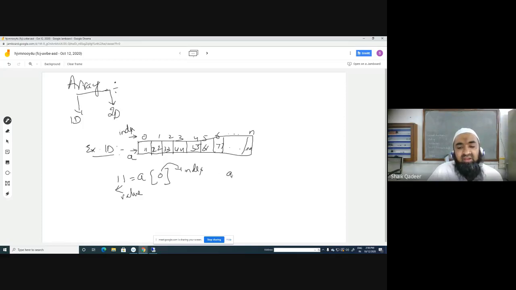Similarly, if I write A of 3, what will I get? 44. From this example, this is the name of the array, this is the index of the array, and this is the element of the array.